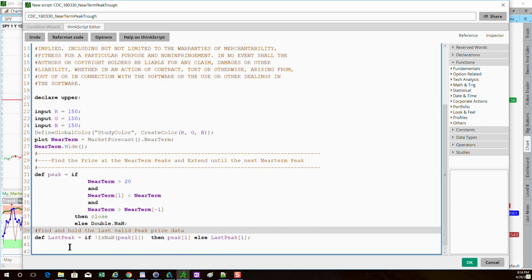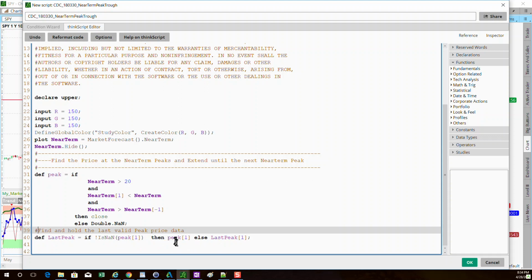So define the last peak equals if this number was in fact a number 1 bar ago, then carry that number forward. Else, carry this number forward. So in other words, if you've just had a new peak in the prior candle here,